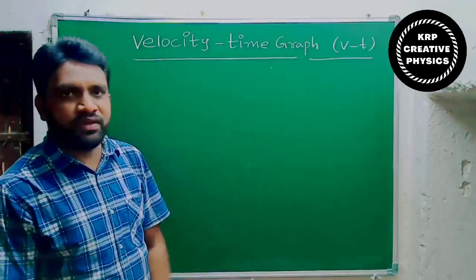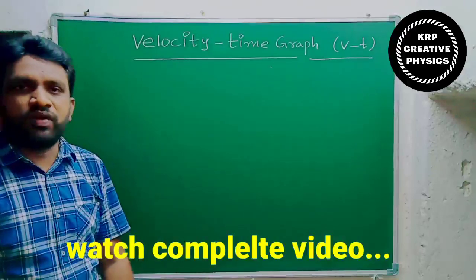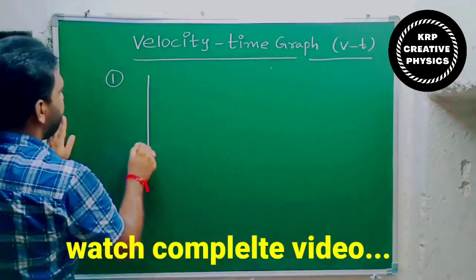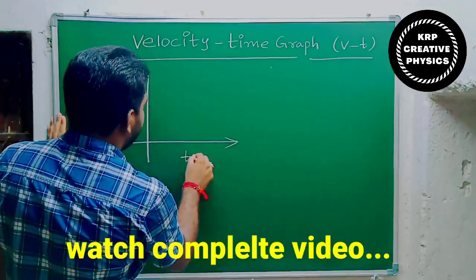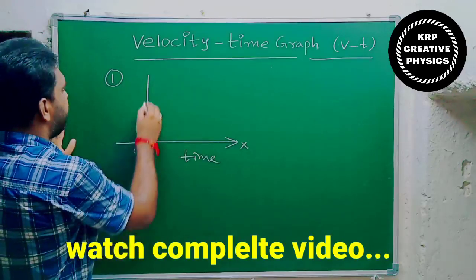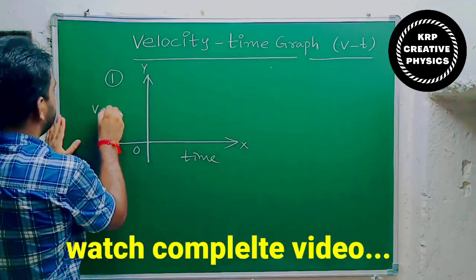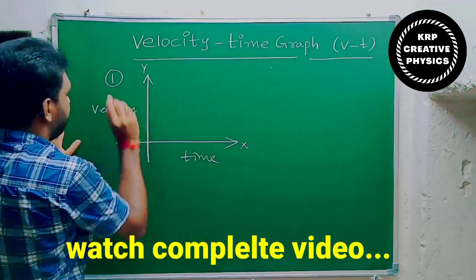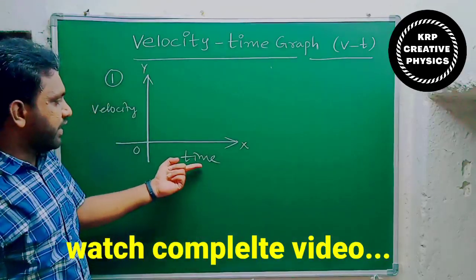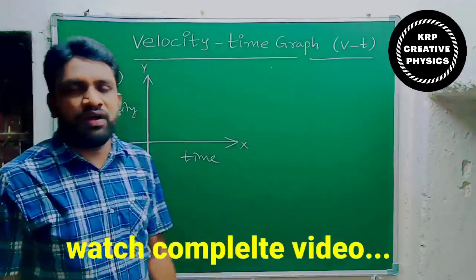Let's enter into the topic here. So velocity time graph. If we consider a VT graph, that means a velocity time graph, the first point you should remember is that we should always take time on the x-axis, and on the y-axis we take the remaining one, velocity. So that is the first thing you should remember. In case of velocity time graph, we take time on the x-axis and velocity on the y-axis. And let's see the purpose of the velocity time graph here.